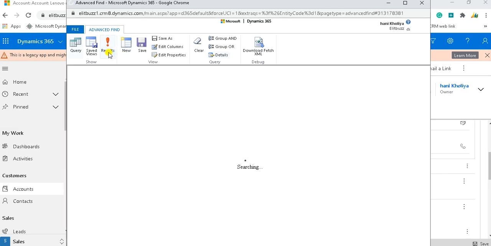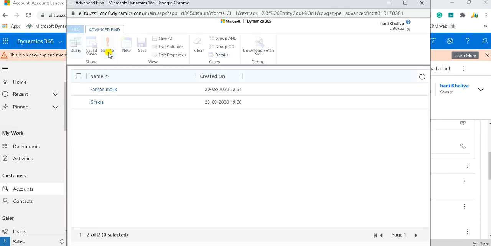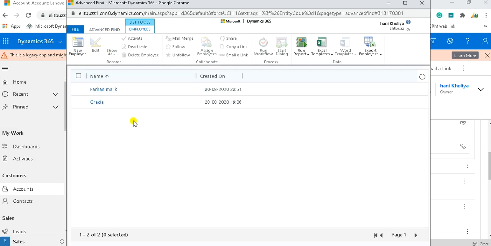Okay, so this is the number of records which came here.